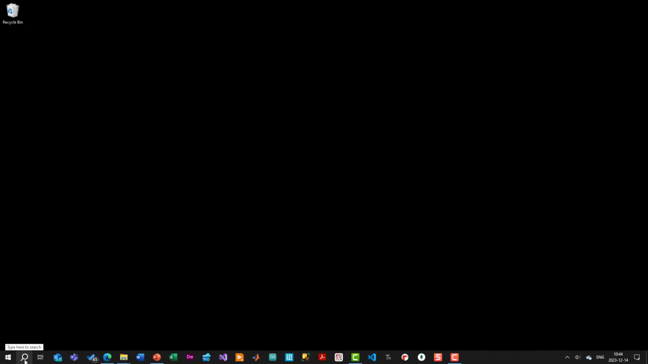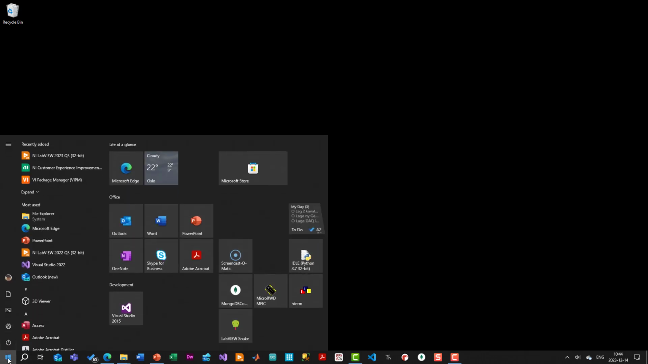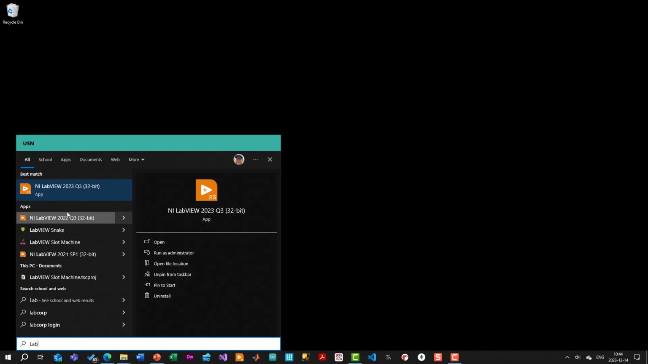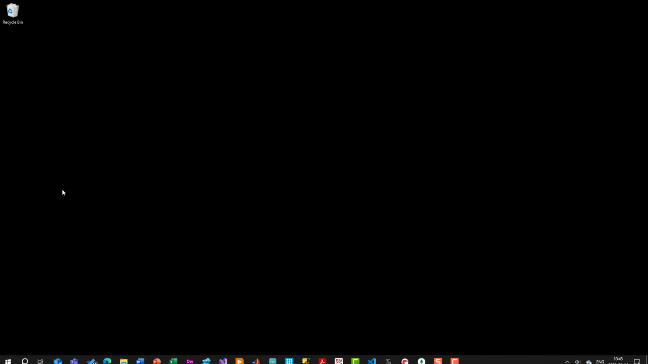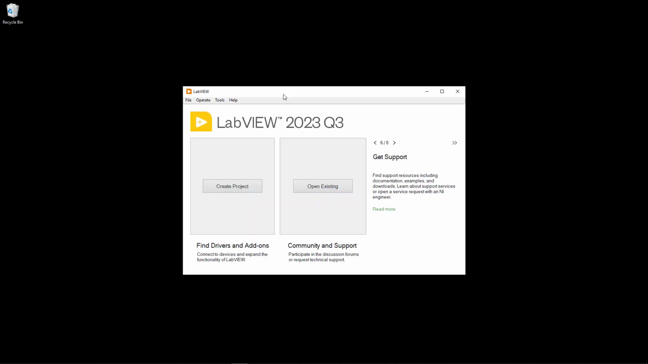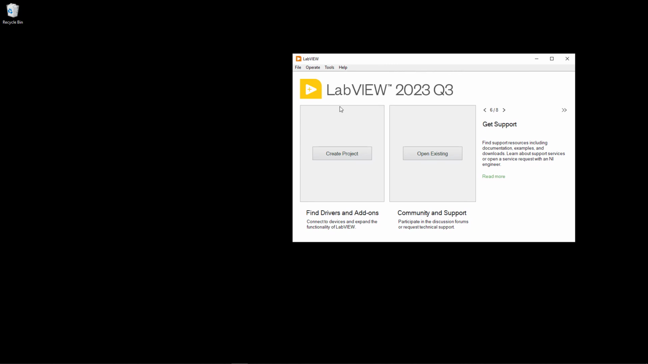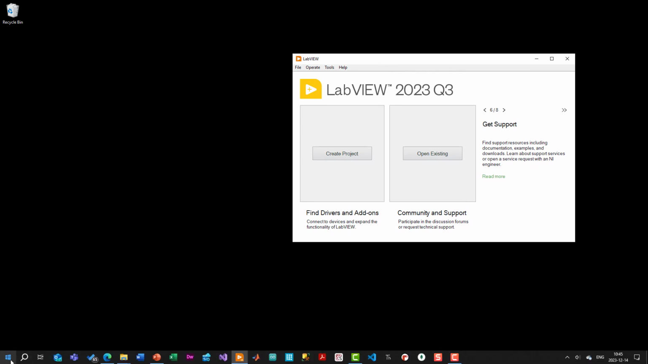So after you have installed LabVIEW, you just find it here in the Windows search menu. So just search for LabVIEW, and then you will find your LabVIEW programming environment here. So this is my LabVIEW version, LabVIEW 2023 Q3. So I just click on it in order to open that application. So this is the startup window for LabVIEW, but before I start using LabVIEW, I will just show you the